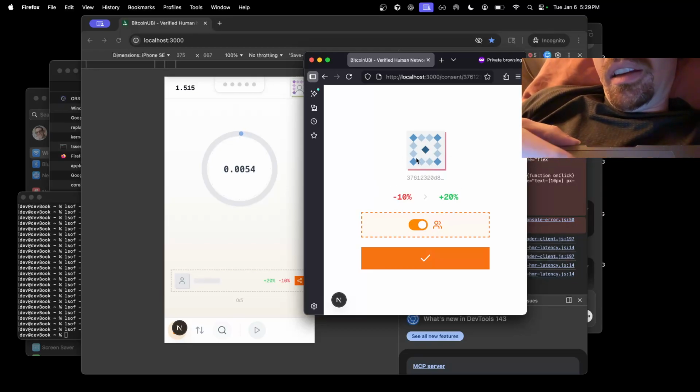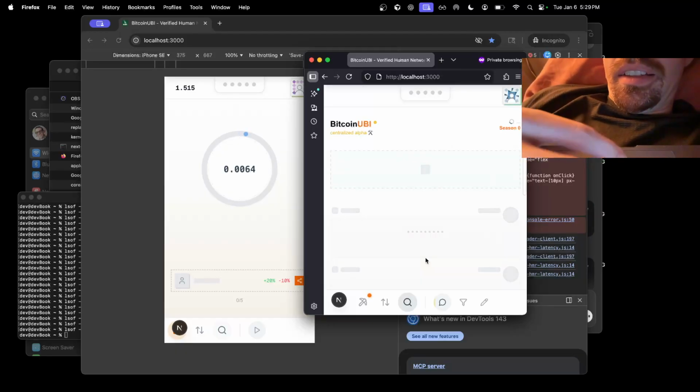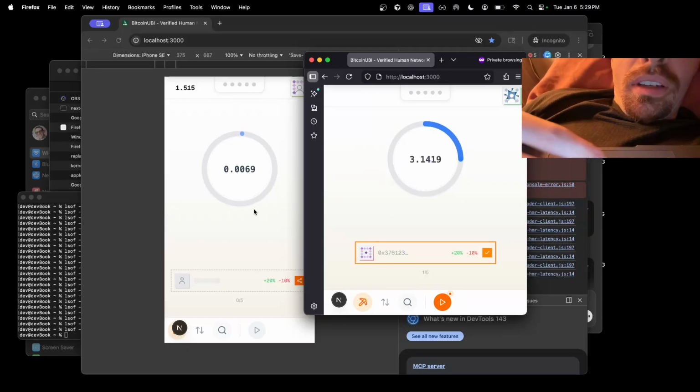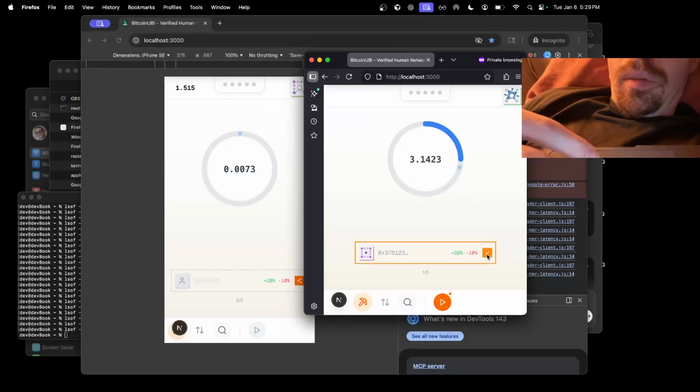It's saying this identity is offering you, they're going to mine on your behalf. They're going to give you some amount of Bitcoin UBI, and so there's association with this user. I consent to that. So when I go to mine now, it's interesting. There's another entity here, and I can choose to enable or disable. If I enable,